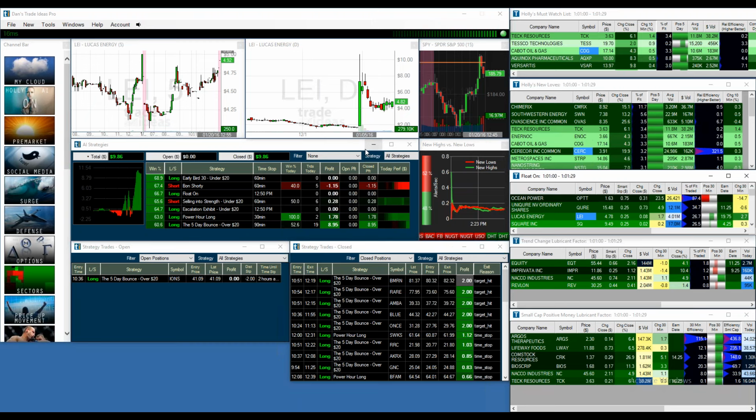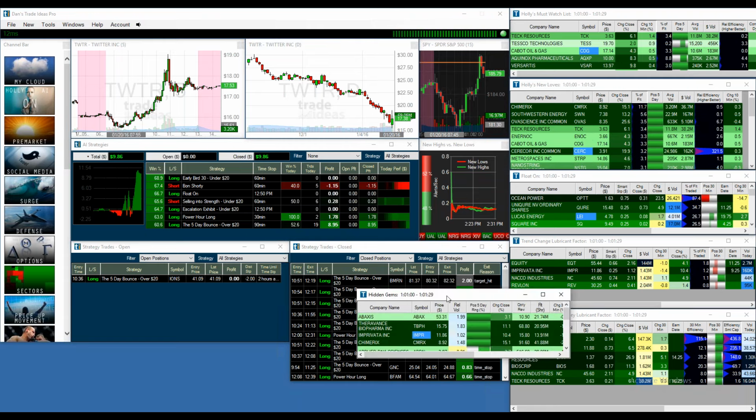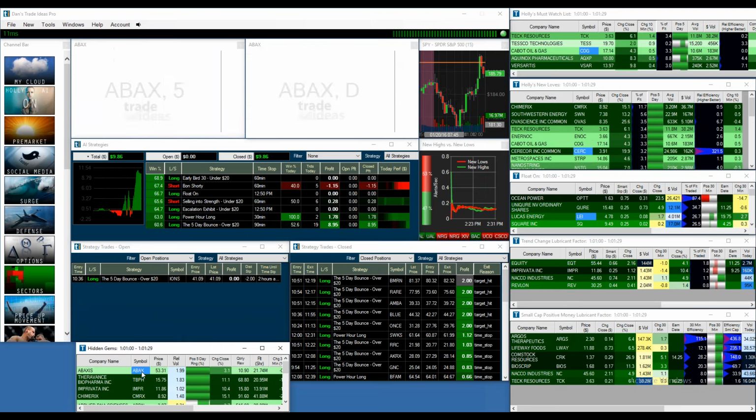The things that have really been beaten up, like, again, if you look at Twitter, same thing. Although it's just one candle, you really want to see that kind of a turnaround. I tried to do it here and failed, 2 more days, but if it can hold, you've got a big spring, and the volume has never been bigger. So these are the things, again, it looks like the market really might have caught some bid. And if it does, you want to be getting ready to position yourself and obviously watch the AI and watch the surrounding windows. The last one that I really liked, let's see, was the hidden gems.